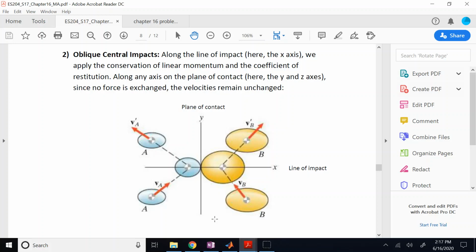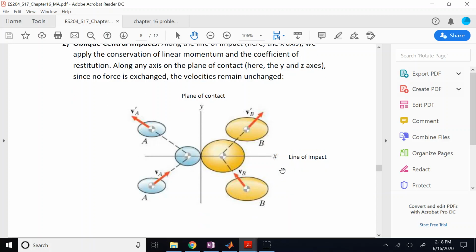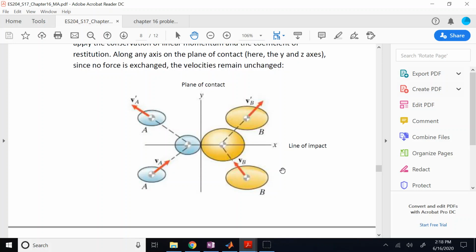Okay, now that we have seen this topic, it's time to look at the 2D version. And 2D version is oblique, when the relative velocity direction is not collinear with the line connecting the centers. Here the collision is 2 or 3D, depending on how we look at it. And here we define two new things. One is line of impact, the other one is plane of contact. So when these two objects collide,